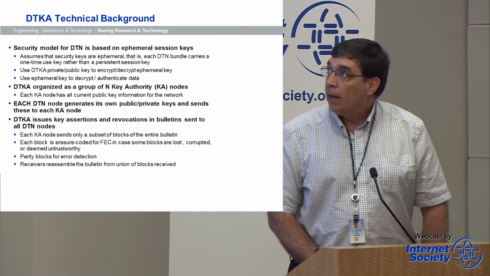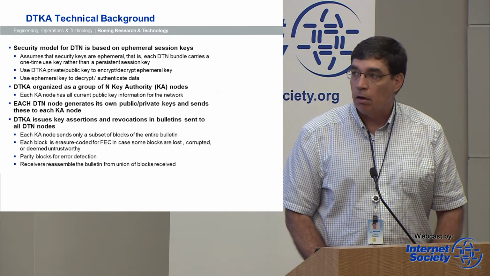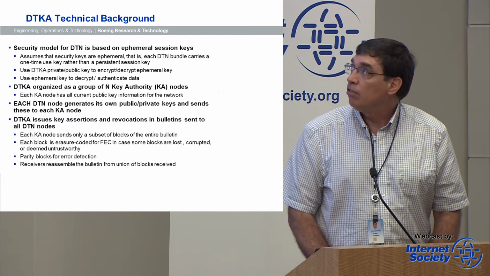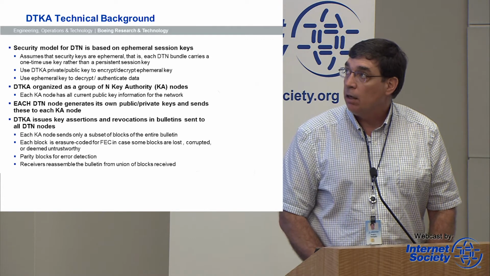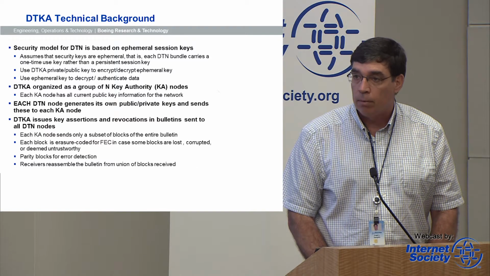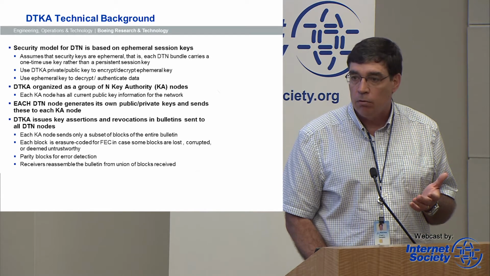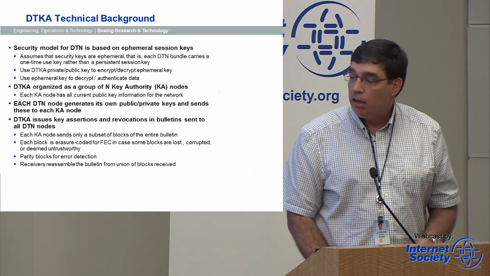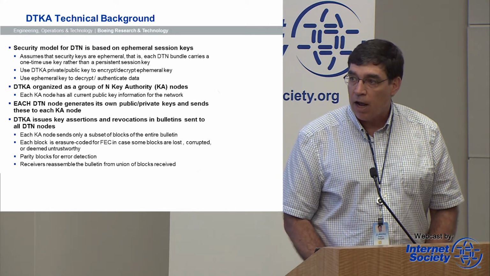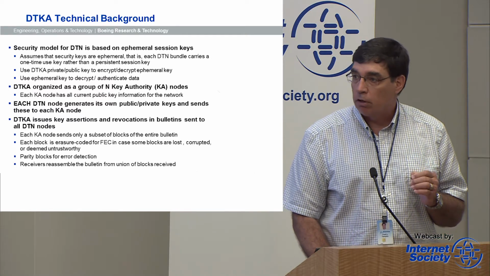So DTKA technical background: the security model for DTN is based on ephemeral session keys that are encoded with each bundle. It assumes that the security keys are ephemeral, that is, each DTN bundle carries a one-time use key, and the DTKA public-private key system is used to encrypt or decrypt the ephemeral key. So once we have the ephemeral key exposed to the node that needs to interpret the data, we can then decrypt or authenticate the data based on that ephemeral key. So that's the purpose of the public-private key, is to either authenticate or encrypt